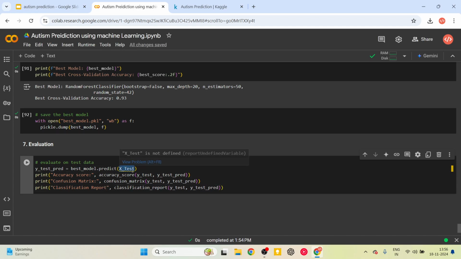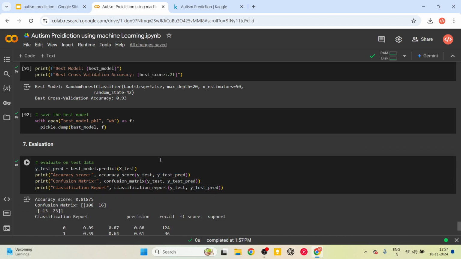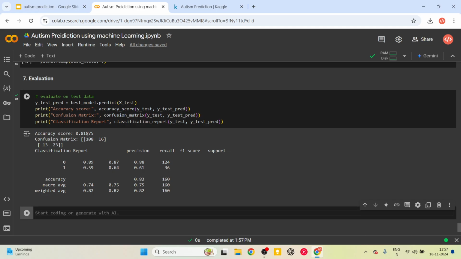Okay, so we have the X test should be this thing. So your prediction, that is y test spread, should be compared with the true labels of y test, sorry, X test thing. So basically you're comparing your true labels and the predicted labels, and you're giving the output. Let's see. So the accuracy is 81.8, but as I said, this is not reliable because there is a